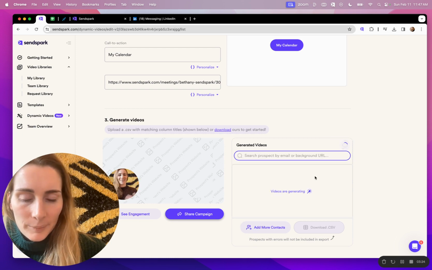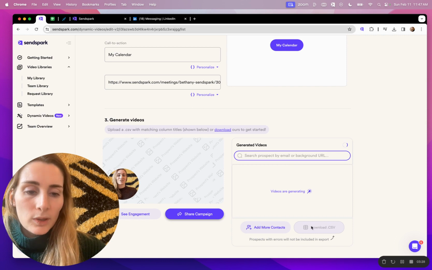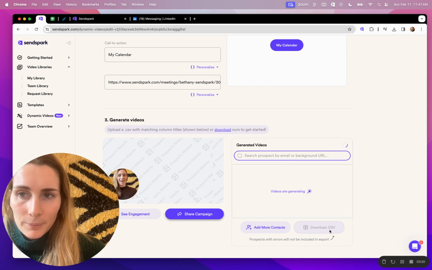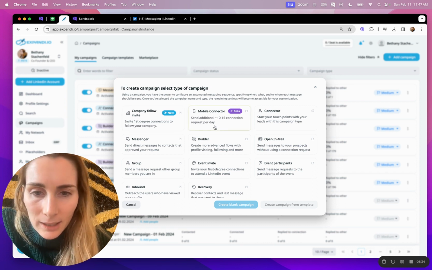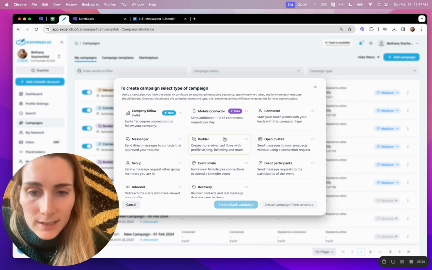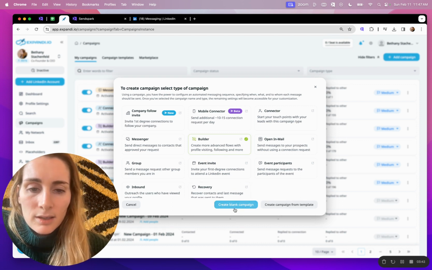While these are downloading, I'm going to go ahead and start setting up the Expandi campaign. And then once these generate, we'll come back and we'll download the CSV and import it into Expandi. Okay, so in Expandi, you want to create a new campaign. For this, I'm going to do a builder campaign because we can do some advanced workflows, but you could do this for anything,